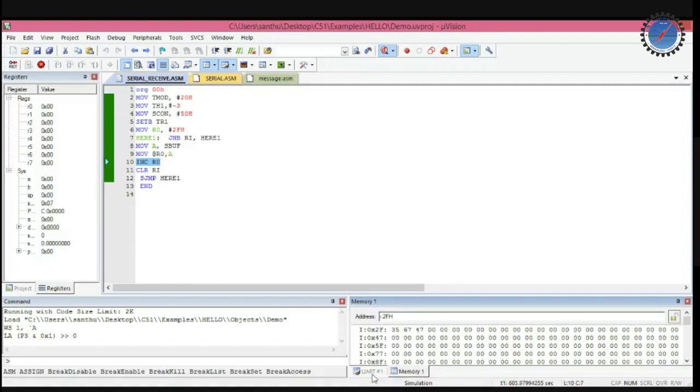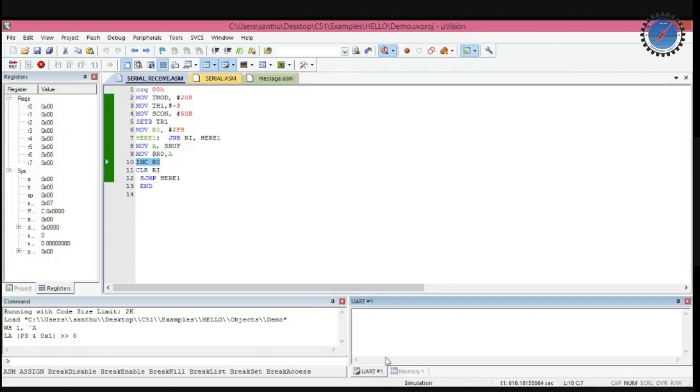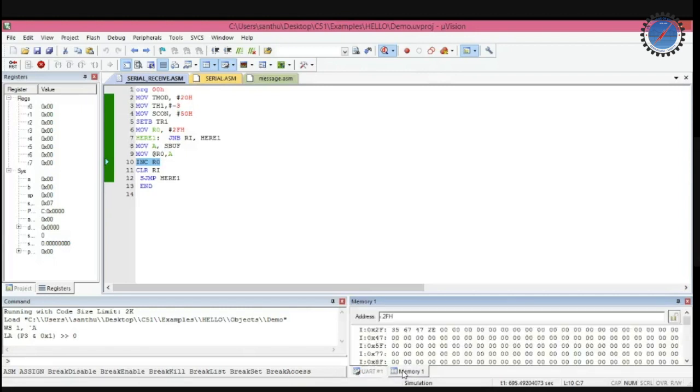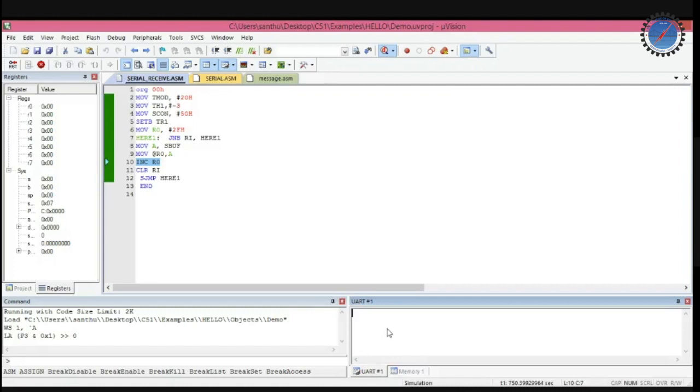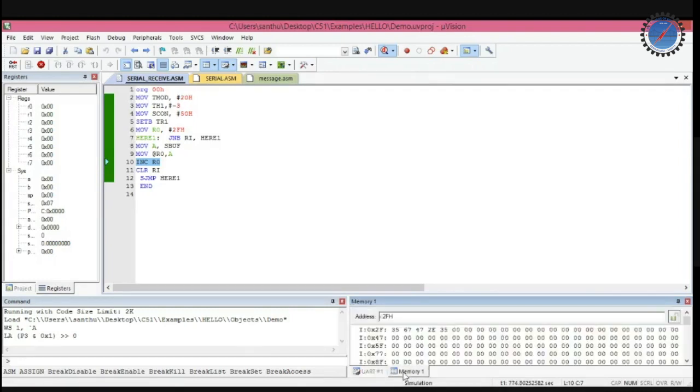Again, for the next character, go to the UART window, place your cursor here, then I press the full stop. Full stop is the character, and 2E is the ASCII value for that particular character. Like this, as I go on giving input through my keyboard, it will take certain values.